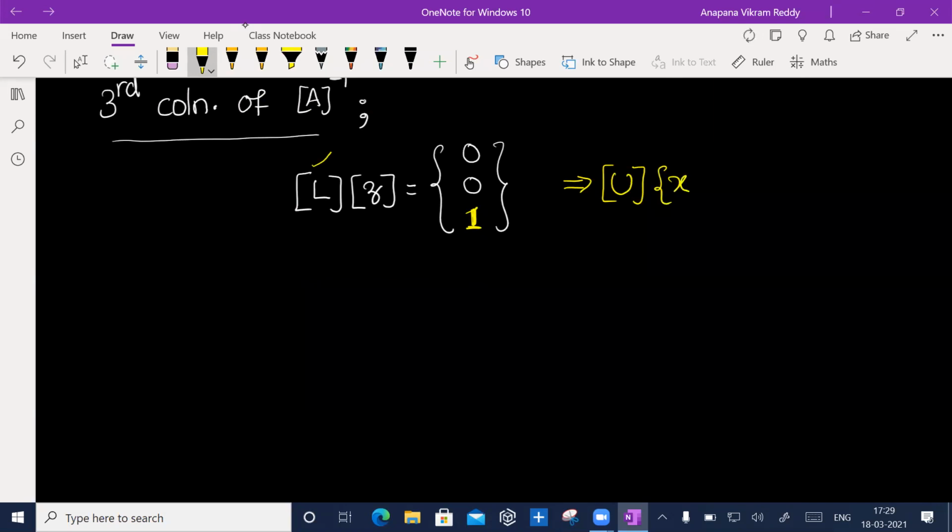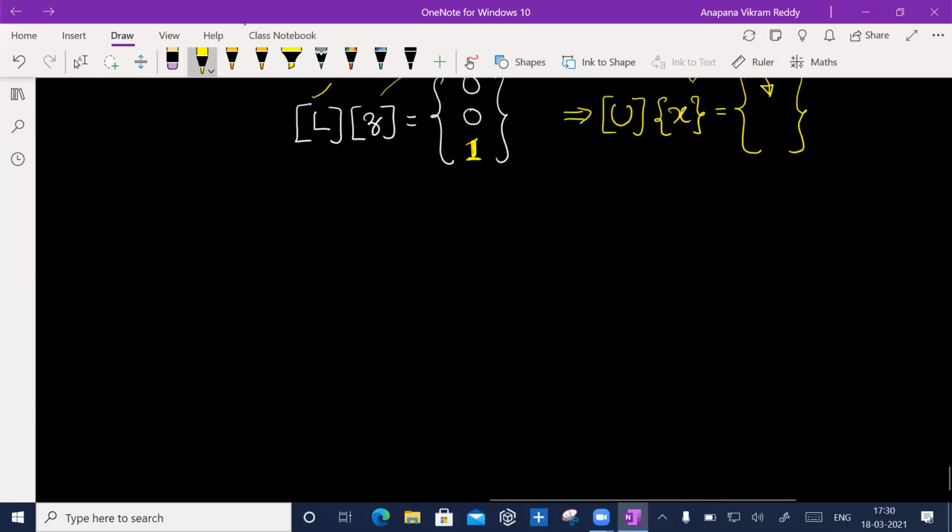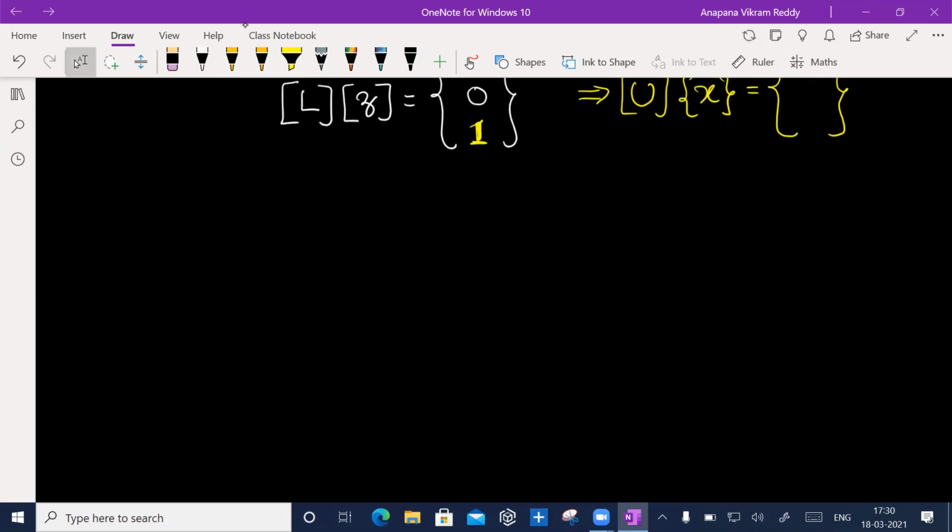Now I need to find this unknown X, and this must be this stuff. This must be, I mean, whatever we are going to find, sorry. So Ux equal to that. So could you tell me what answer we are going to get? I'll give the final answer and please verify whether or not this answer validates, okay?